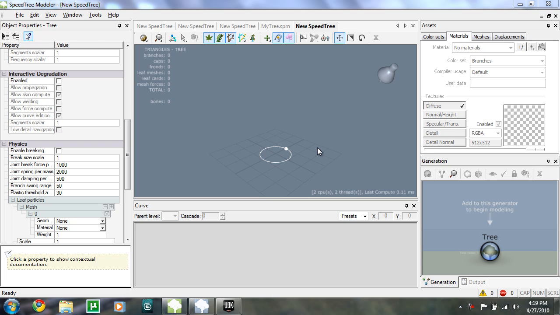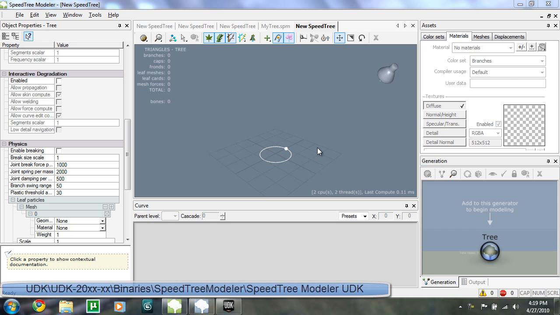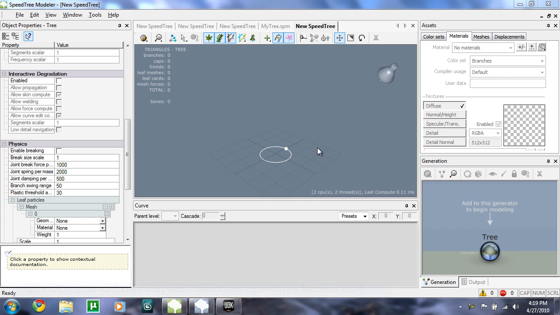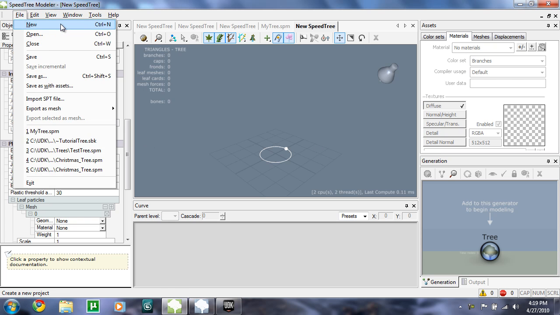So to start out, open up your SpeedTree modeler, which is inside the binaries folder in your UDK folder, and then open up the SpeedTree modeler UDK application. So to start out, you're going to come up here, hit File, New,